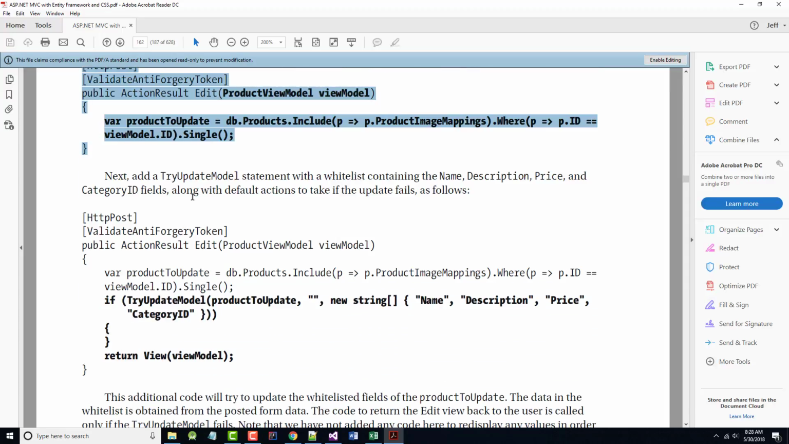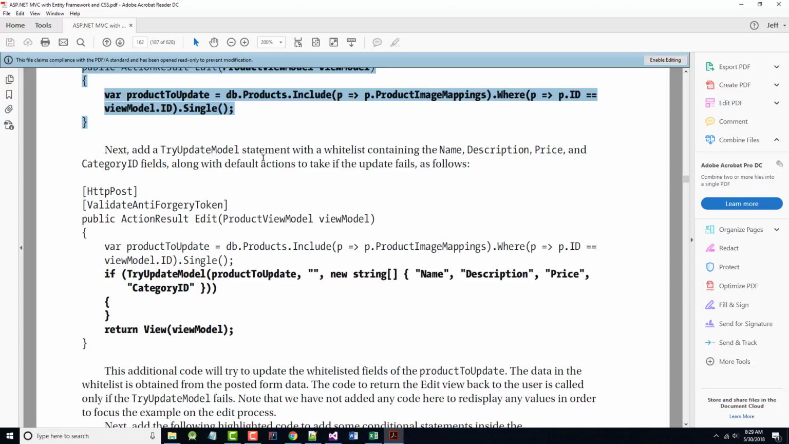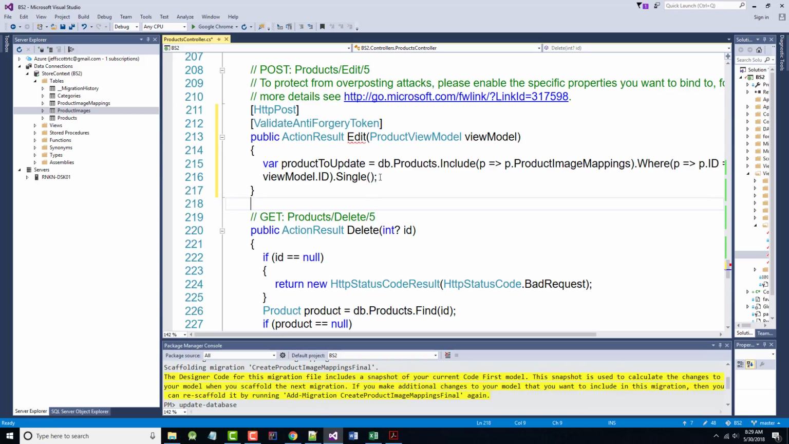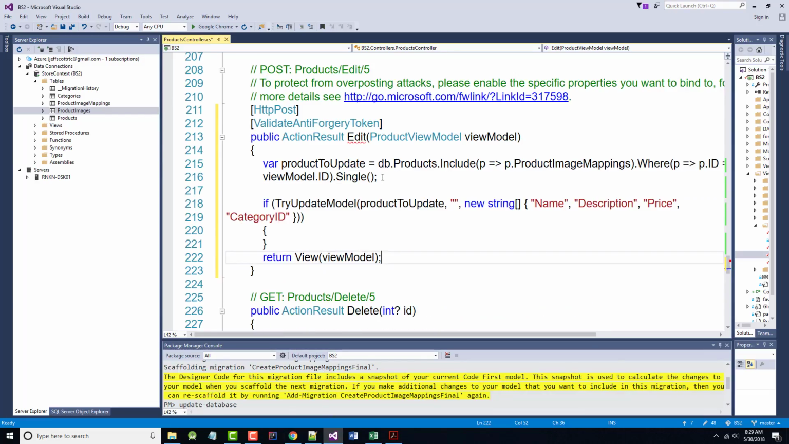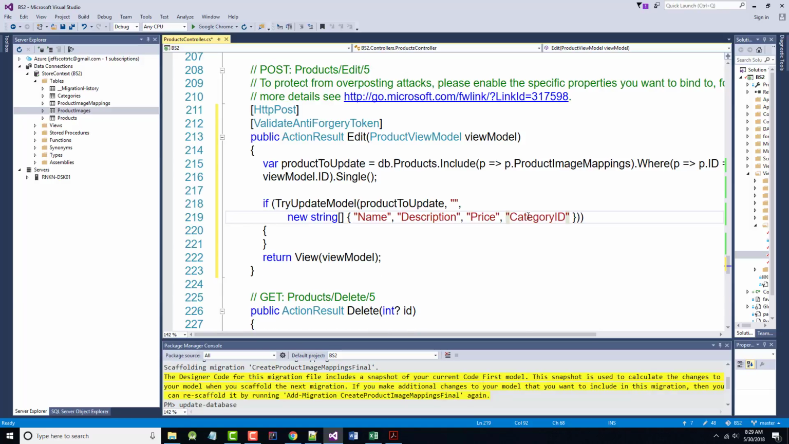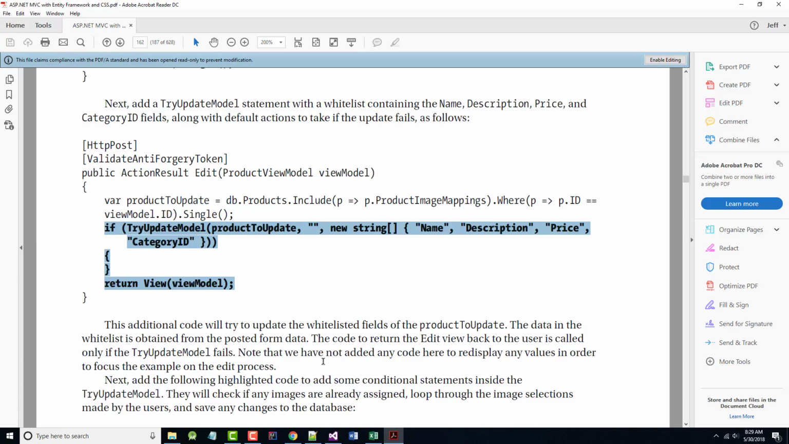Next, we want to add, well, that's one, a try update model statement with a whitelist containing the name, description, price, and category. So we want to add these. That's where it is, and that'll be our return. Notice that that's now gone. So